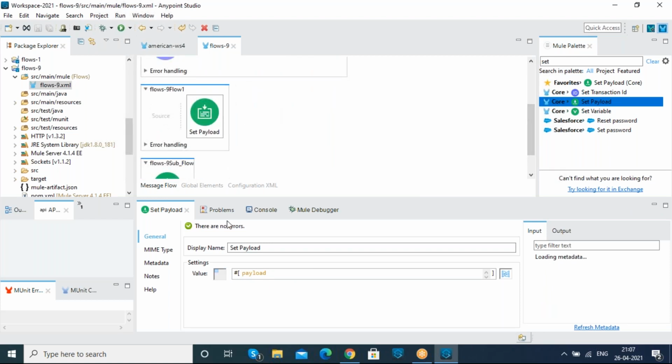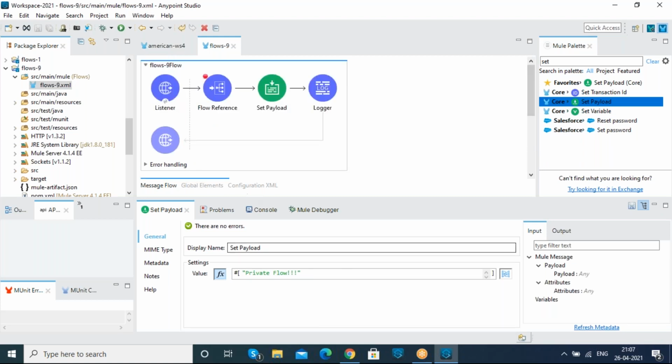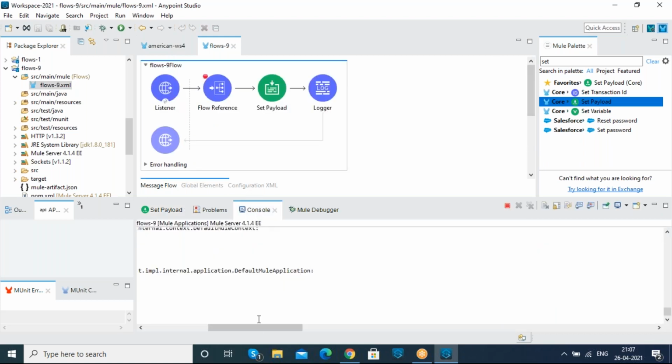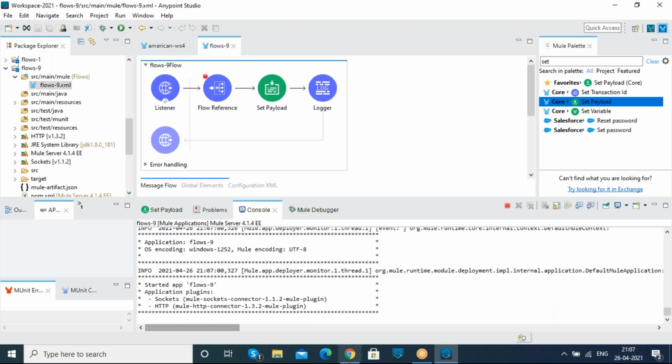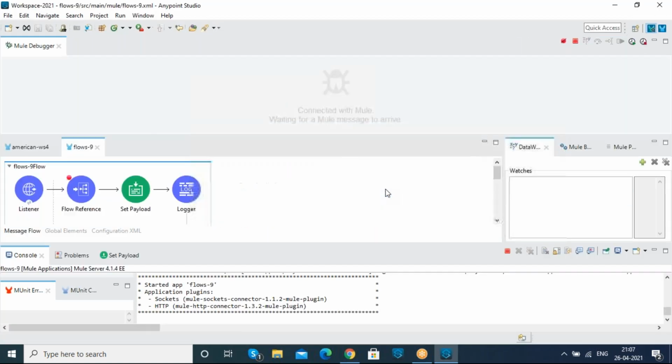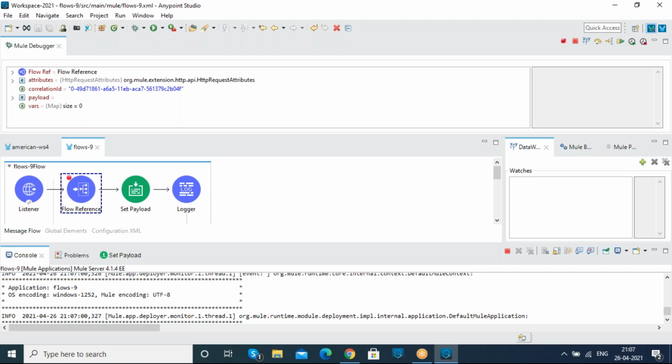The previous set payload connector is nothing but the private flow, whatever we had mentioned in it. So let me check whether our project is already deployed or not. And let me request it again in order to run it in the debug perspective. Yes, I just want to run the project in the debug perspective over here.